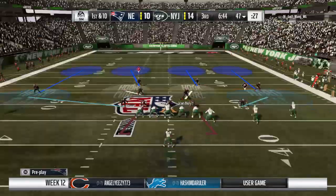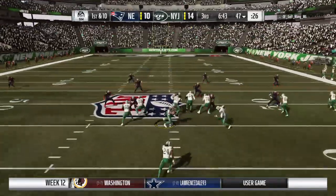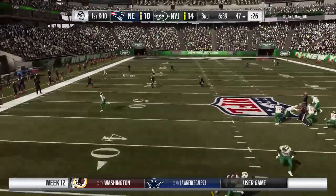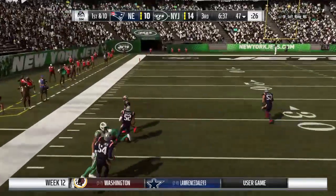That's the equivalent of running out the wrong door and running into your pool instead of running out onto the field. A real dub for that. Has that happened to you before? No, but it